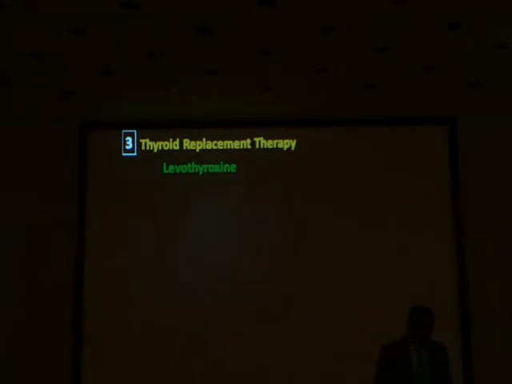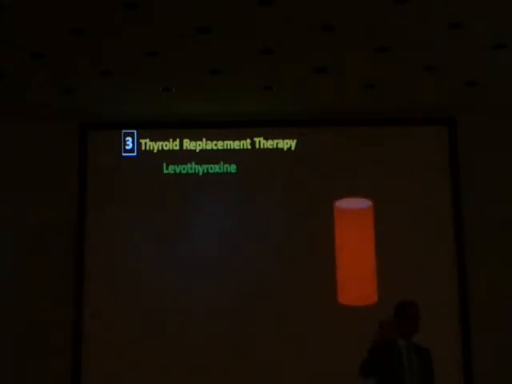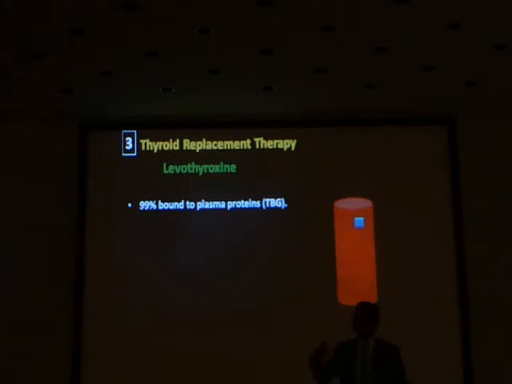Okay, so it's gone into the intestine, it was absorbed, it will go into your blood. What's the first thing to think about when it goes to the blood? The binding to the plasma proteins. And most of that is bound to the thyroxine binding globulin, could be also bound to albumin, and this happens in about 99%. Again, just keep in mind that any condition that will change the level of the thyroxine binding globulin would change the level of your drug